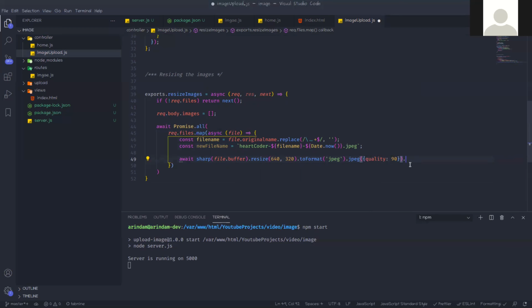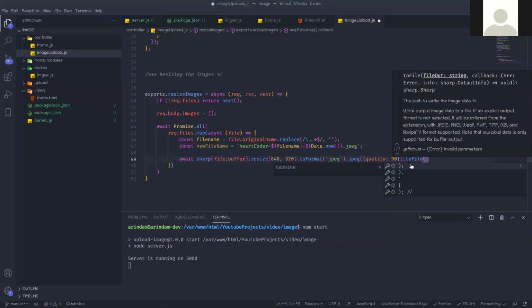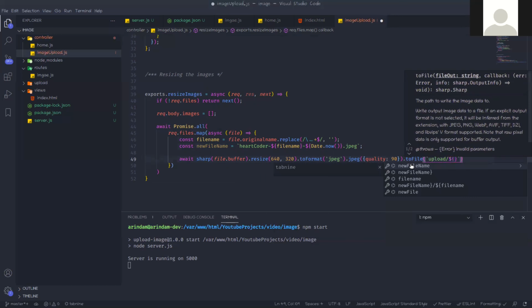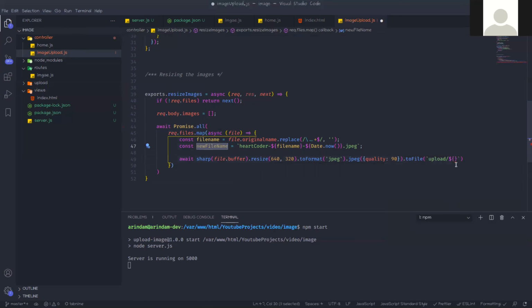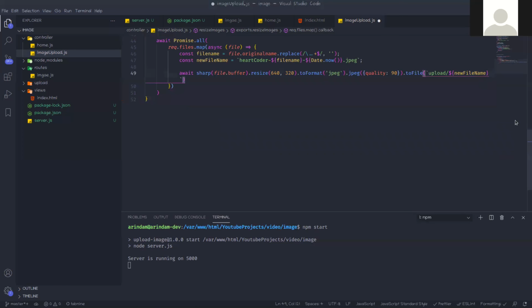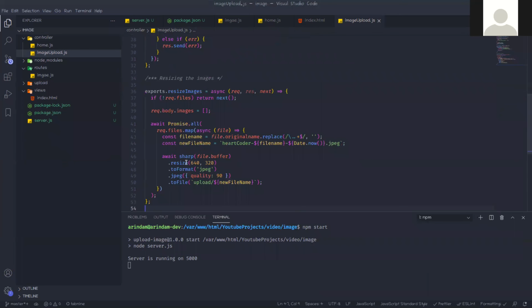Now we are uploading, so we need to give the path. That path is the upload folder, then the new file name that we are giving. So this is resize, and this is toFormat. Resize means we give height and width to resize those images. We are running one loop actually, and this is a single file, so it happens one by one.